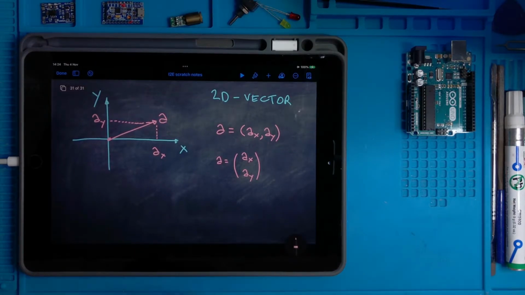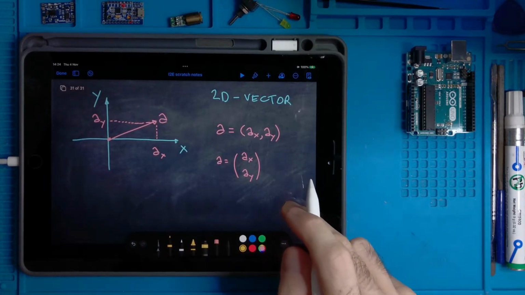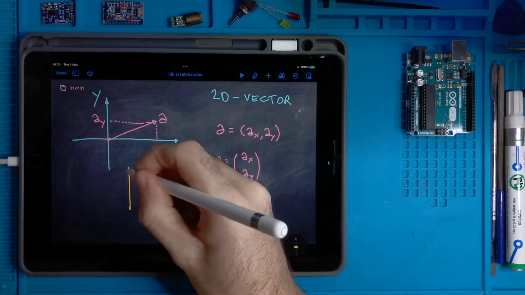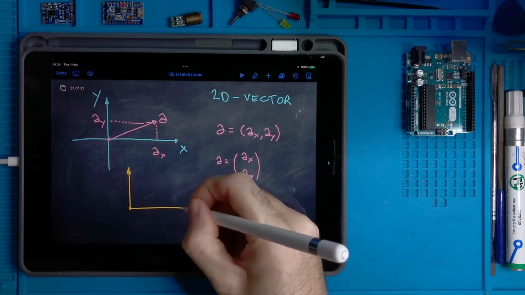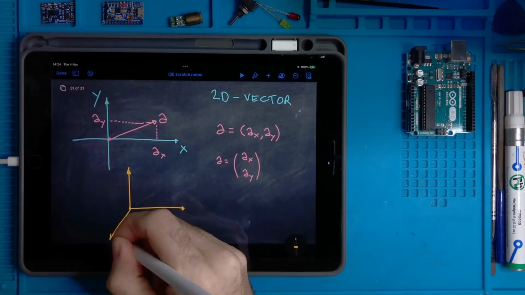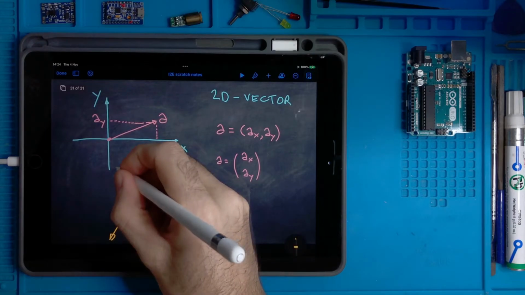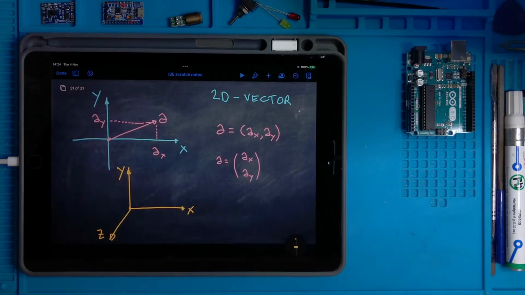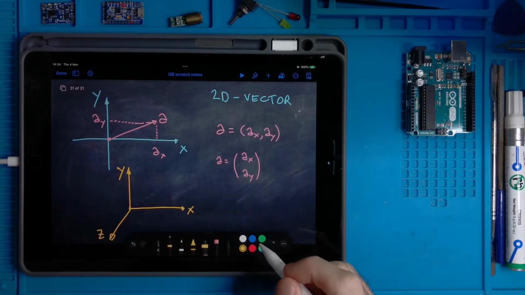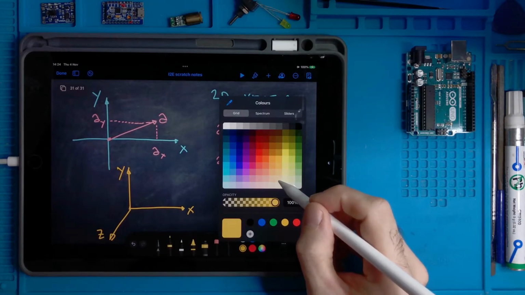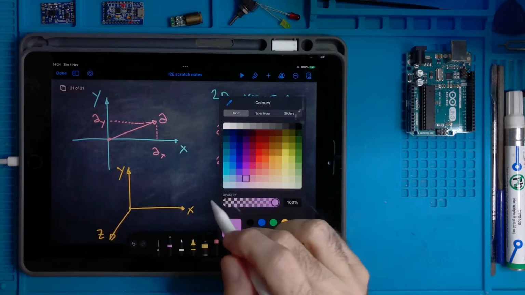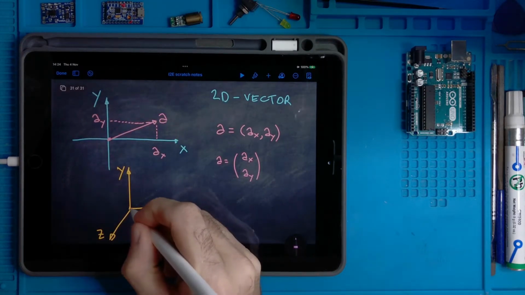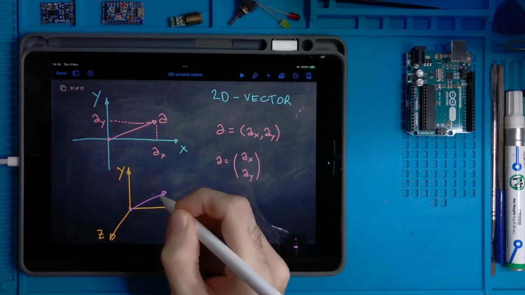So if you have a third axis, it goes like this. So let's try to do it in 3 dimensions: X, Y, and Z. Then we draw another vector, something like this.